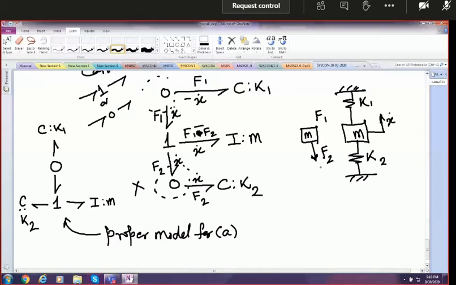Tension is positive, shouldn't F1 be downward and F2 be upward? No, if K1 is in tension, the force will act upward, and if K2 is in tension, the force will act downward. See, the values of F1 and F2 can become negative, plus and minus. This is as per our coordinate system only. It's not that it will always be under tension.